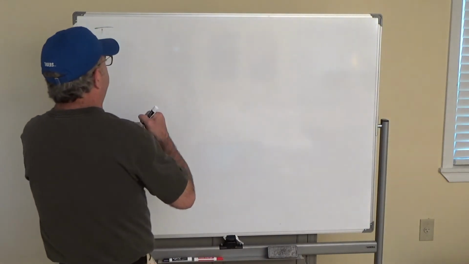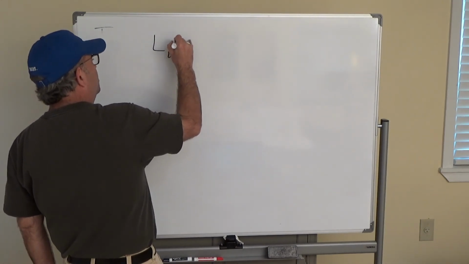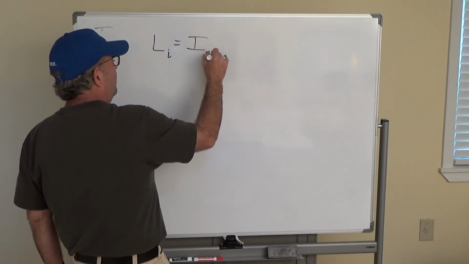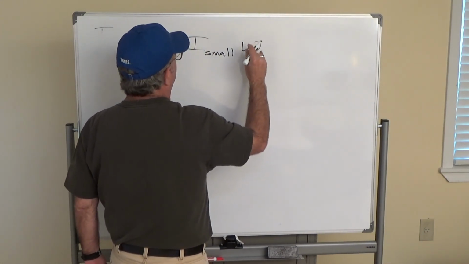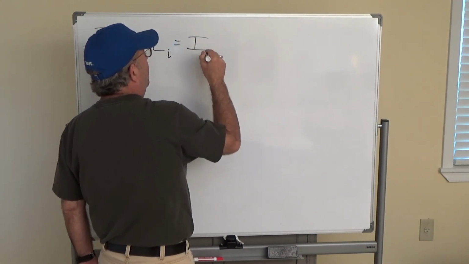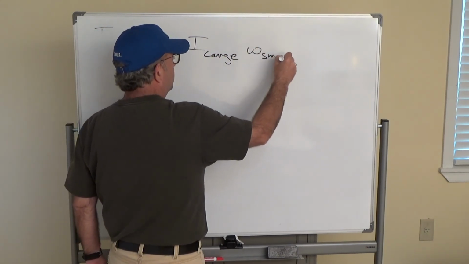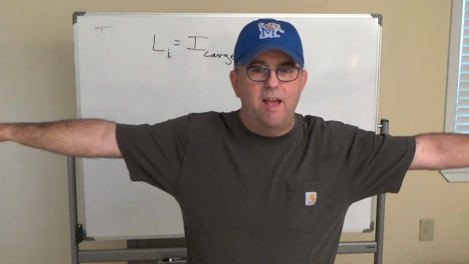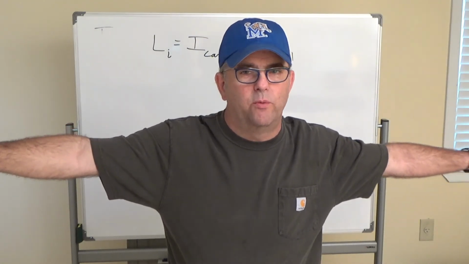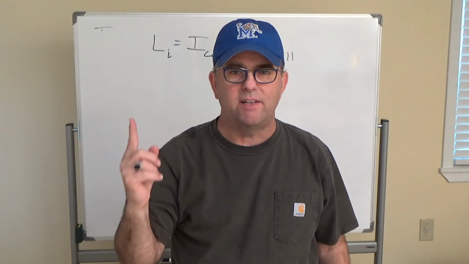Here's the ice skater. L initial is I large, omega small. So they have their hands out and they're spinning really slowly, and then they bring their hands in and they start spinning faster,